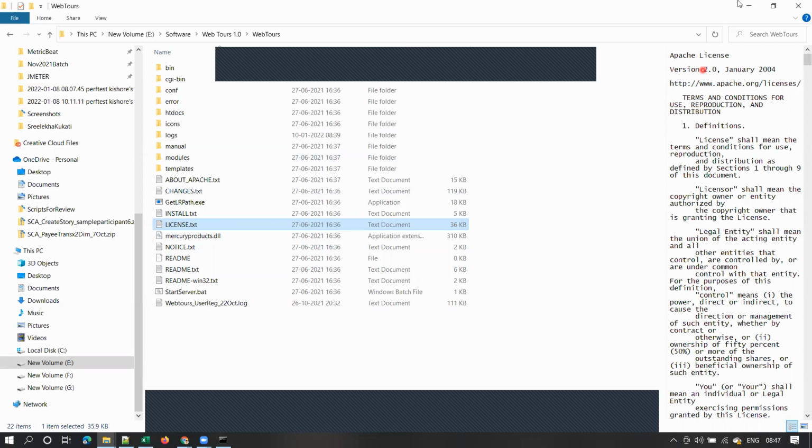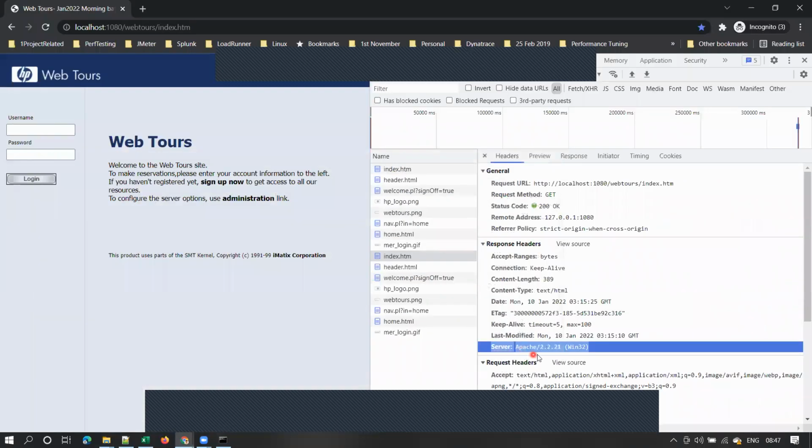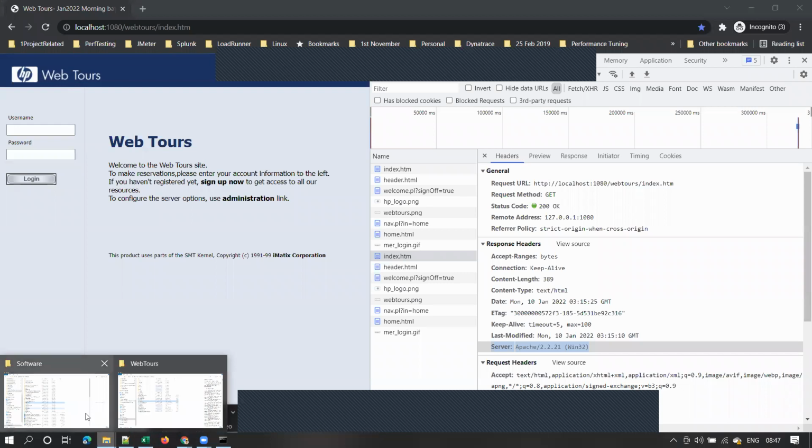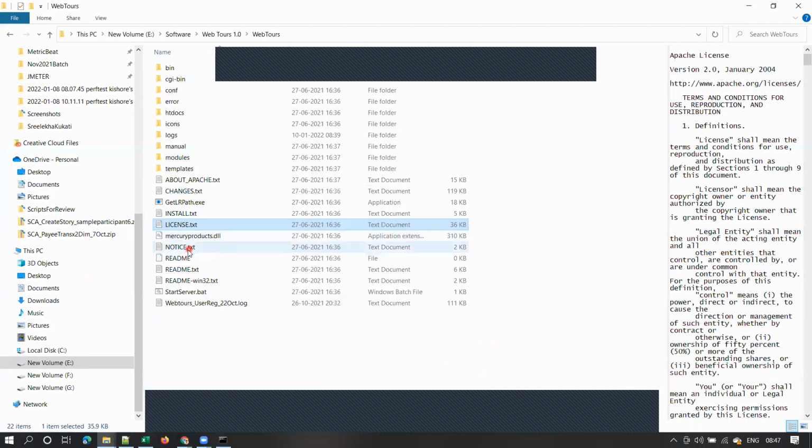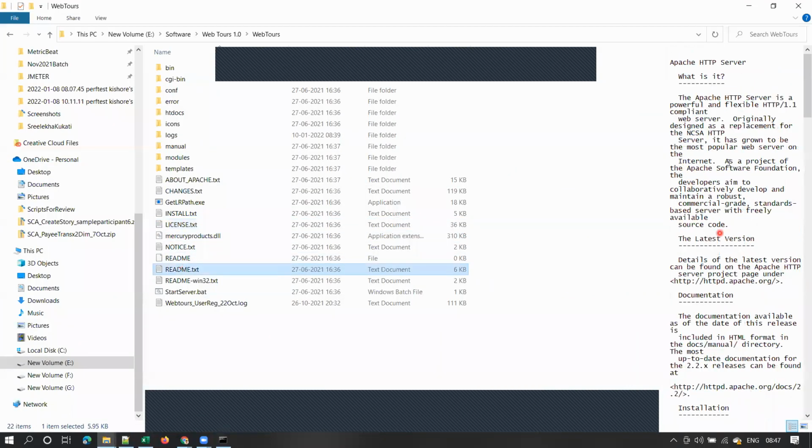This tells you from which server you got the response. This one, 2.2.21. Of course, you can ignore the version, but it is important to understand what this server is. Clear, guys? Maybe 2 is the major version and this is the minor version.